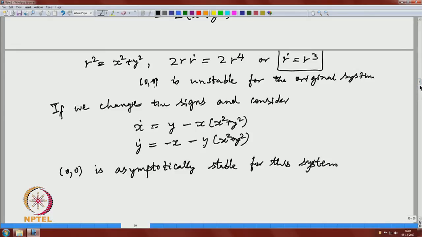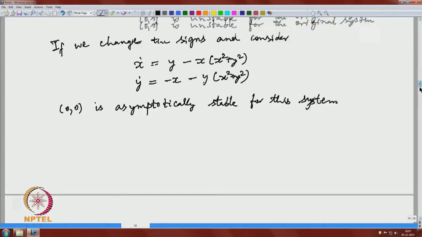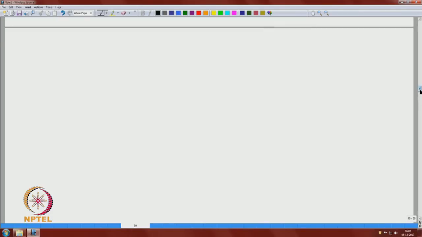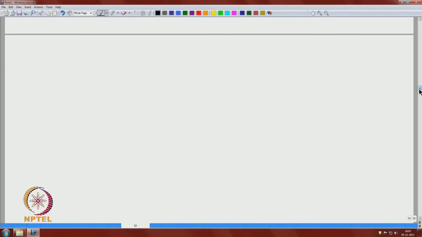The question is, is it always the case? Okay? Is it always the case? And then we cannot depend on linear stability analysis at all, right? Is this the case all the time? That is the question. Okay. Fortunately not. So, there are two results